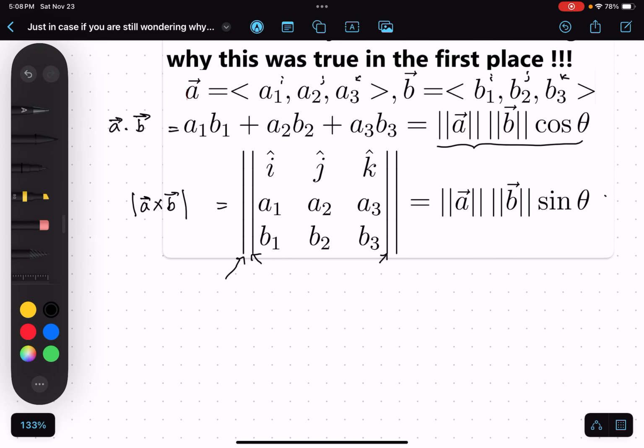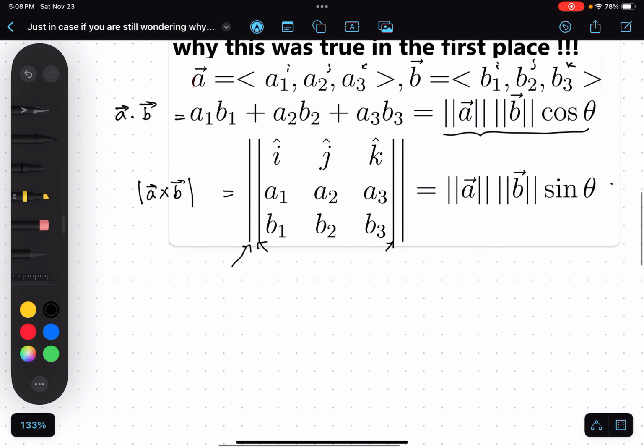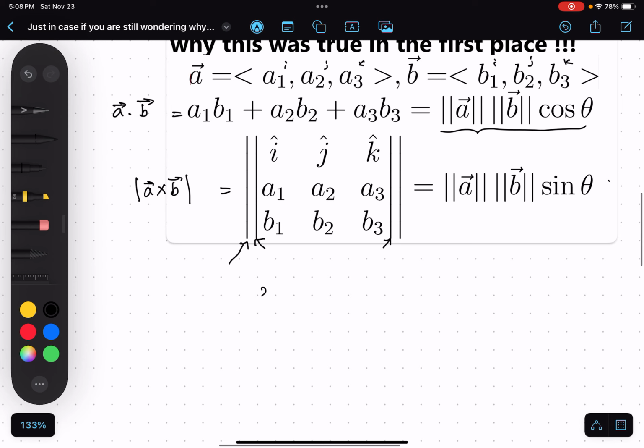About magnitude, let us first start with how we can find the magnitude in 2D. Let's say this is a vector a, defined with arrow brackets as a1 comma a2. That means this vector travels a1 distance in the i direction, the normal x direction, and a2 distance in the j direction. So to find the magnitude basically means finding